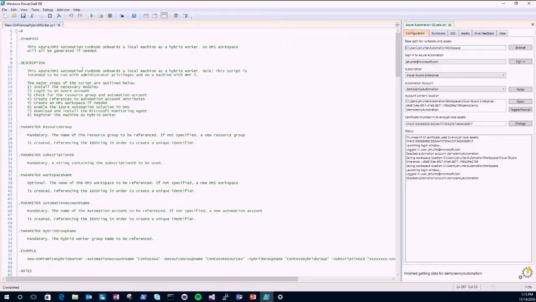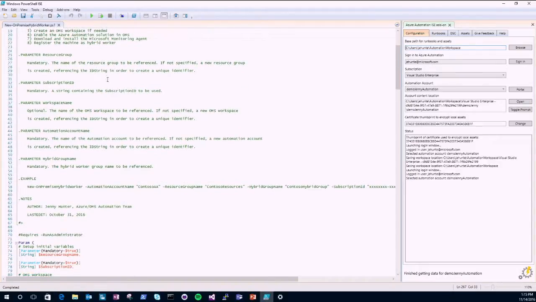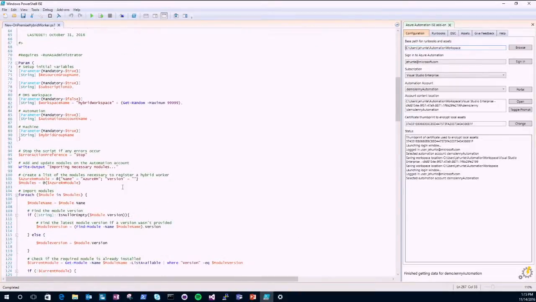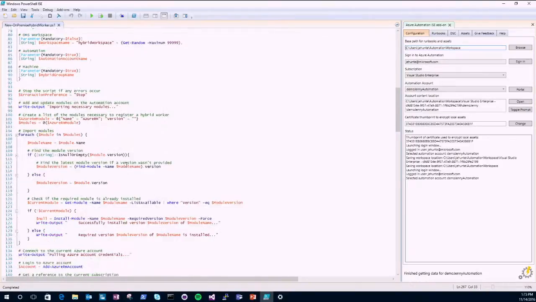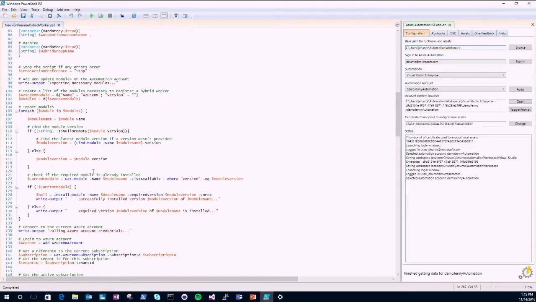For instance, here I have a script which I made to ease the process of hybrid worker onboarding. So everything that you would typically do step by step to onboard a hybrid worker, I've automated now. So you can run this script on your on-premise machine, and within a few minutes you'll have a hybrid worker